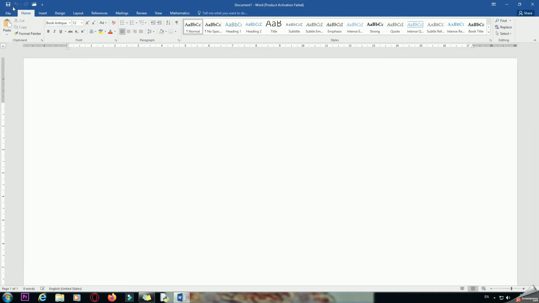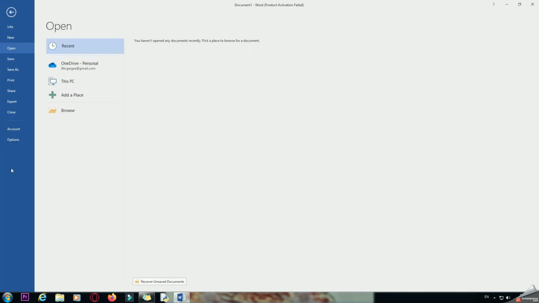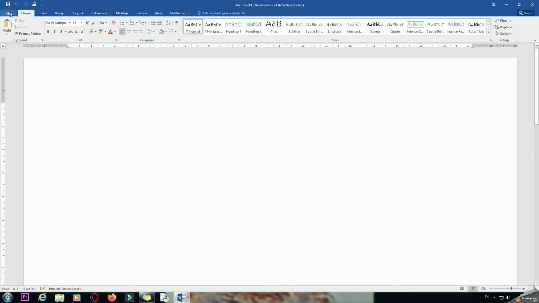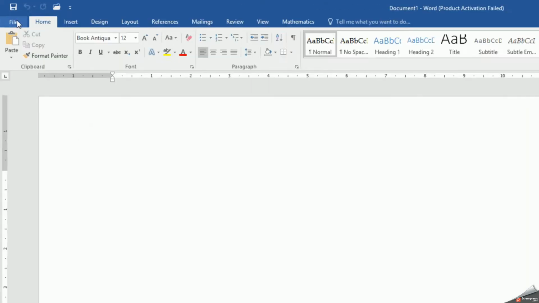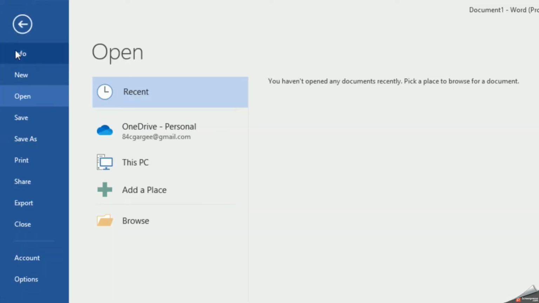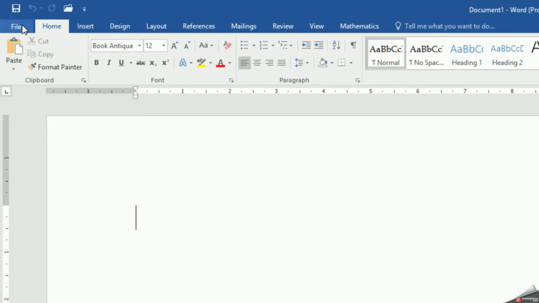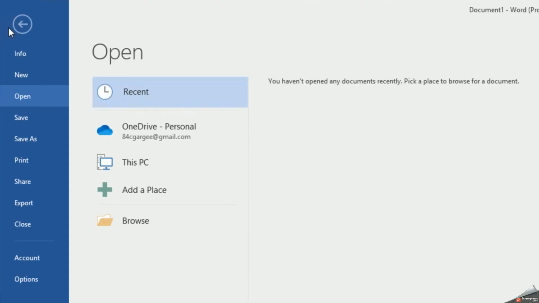After this, today in this class we are going to cover basically the file menu, all the options which are given in the file menu. So for this we will go to the file menu, and in that you can see there is a back button, which when you click on it will take you back to your document. The file menu actually handles all the commands which are necessary for managing your Word documents which are saved as files on the hard disk.